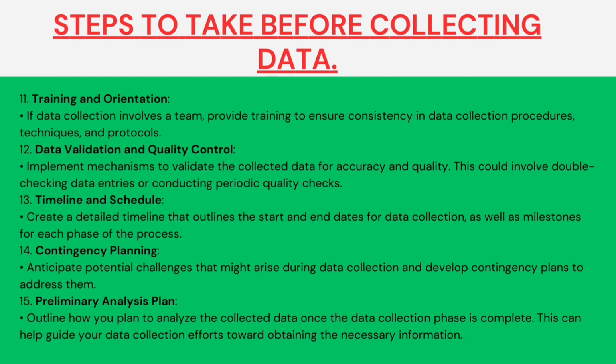Preliminary analysis plan. Outline how you plan to analyze the collected data once the data collection phase is complete. This can help guide your data collection efforts towards obtaining the necessary information. Taking the steps before starting your data collection process can help ensure that your research is well organized, ethical, and capable of generating valid